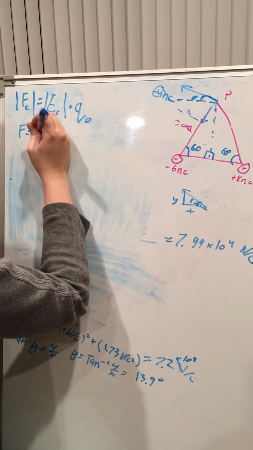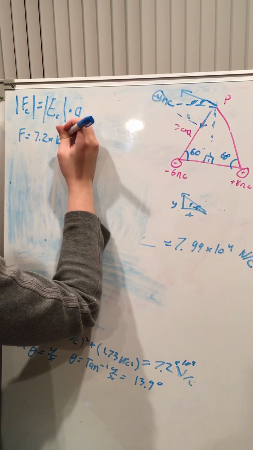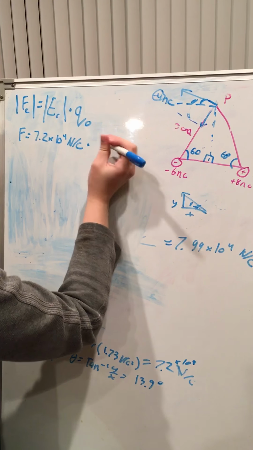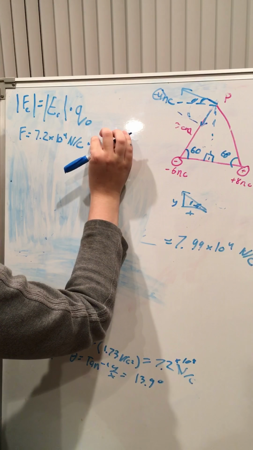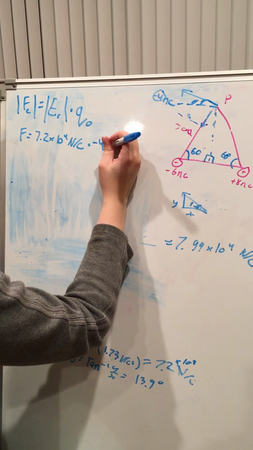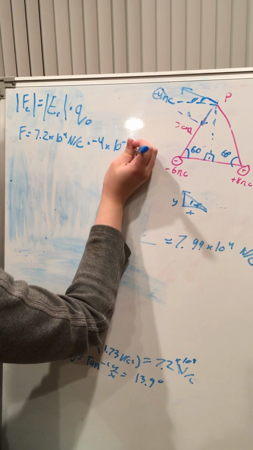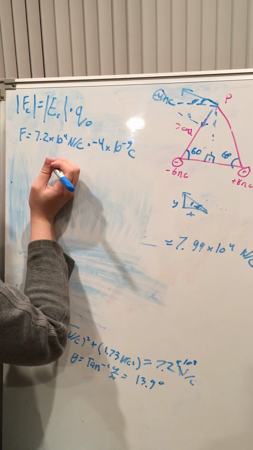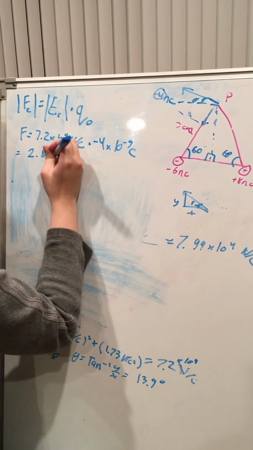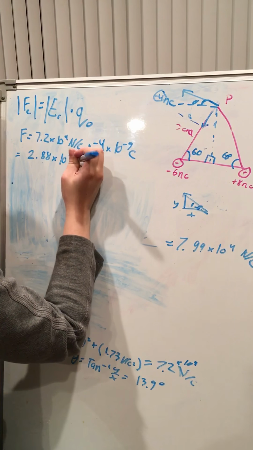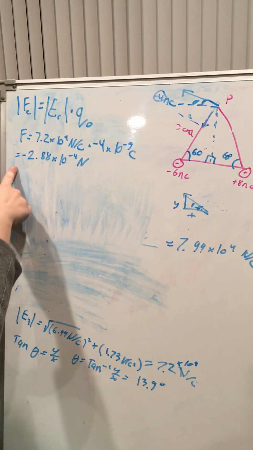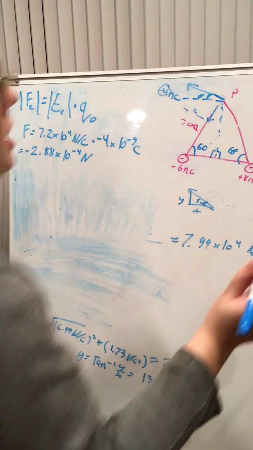So we have 7.2 times 10 to the 4th newtons per coulomb times minus 4 times 10 to the minus 9 coulombs, which gives us 2.88 times 10 to the minus newtons. Now that's the magnitude, but because it's negative, we know that it's in the opposite direction of the electric